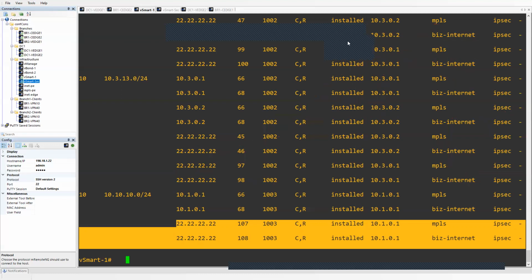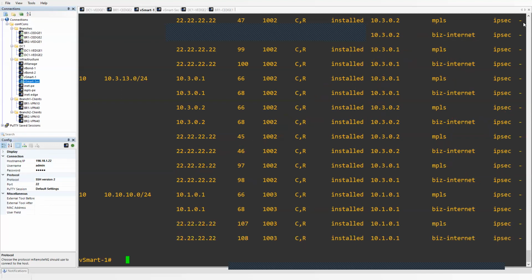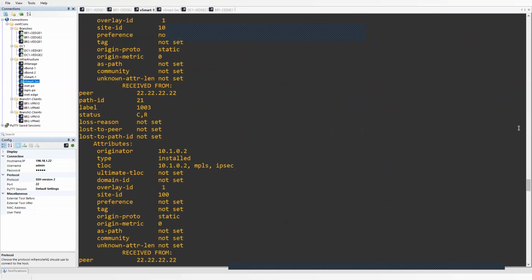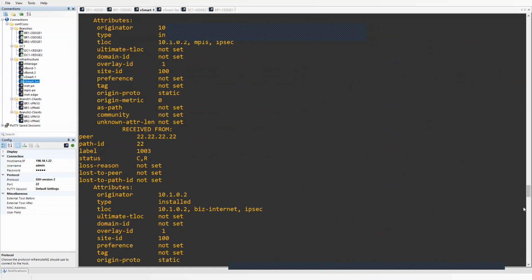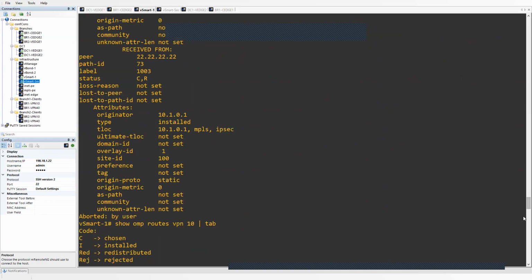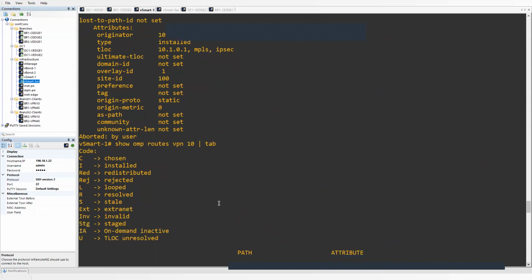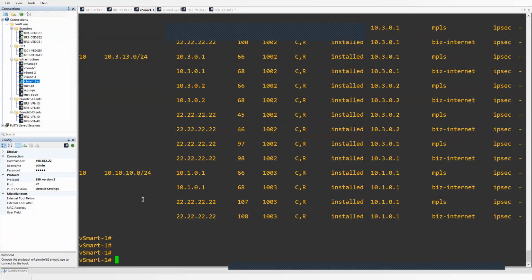What is the meaning of that? That is a good question. I'll explain this to you. See, one second, let me scroll. You understand these prefixes, like chosen and resolved. Okay. Now, if you go and check show omp peers,